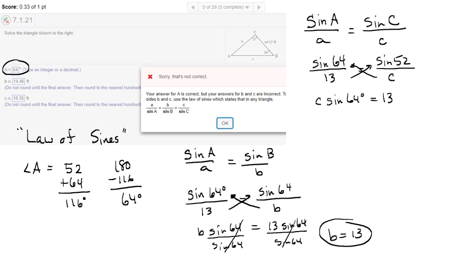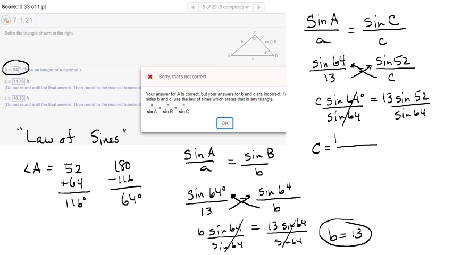So now I need a little calculator here. I need to put this in the calculator. I put 13 sine of 52 over sine of 64 into a calculator. Now, real quick here, make sure you are in what mode? You are in degree mode. That will make an important difference there. And with that, let's punch this in. Try it yourself here. Here's what I got. Now, if you put numbers and trig functions close to each other, the calculator does know, at least the TI-83 calculator does know that you have a multiplication on your hands. So 13 sine of 52 divided by sine of 64, and we get ourselves